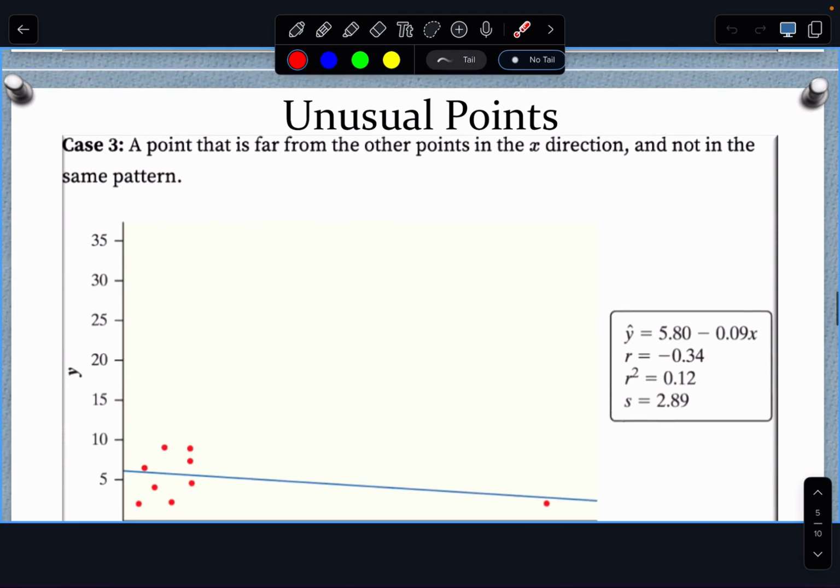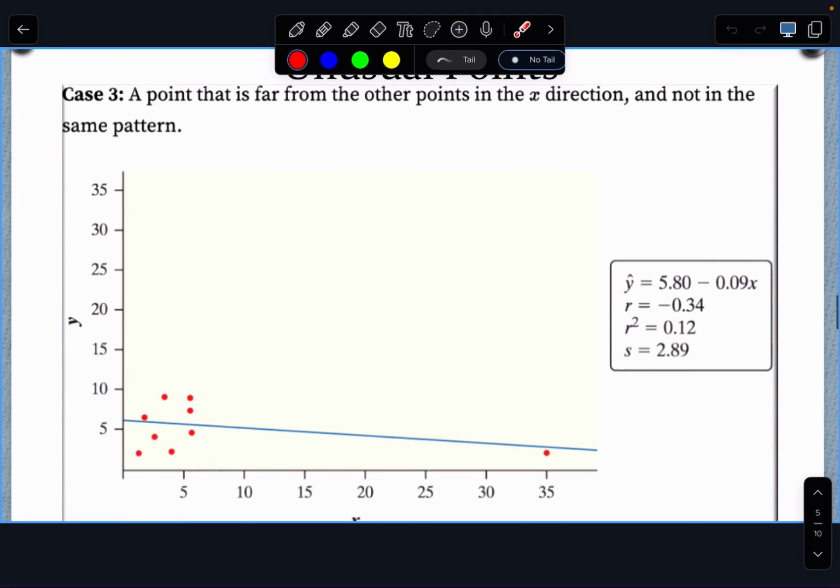When we look at this next example, we move that point, so now it's still an extreme value in the X direction, but now it does not line up with the rest of the data. So when we had the original 8 points, we had that positive linear association that was moderately weak. As soon as I add this point in the extreme X direction, in this case again, extremely large compared to the rest,